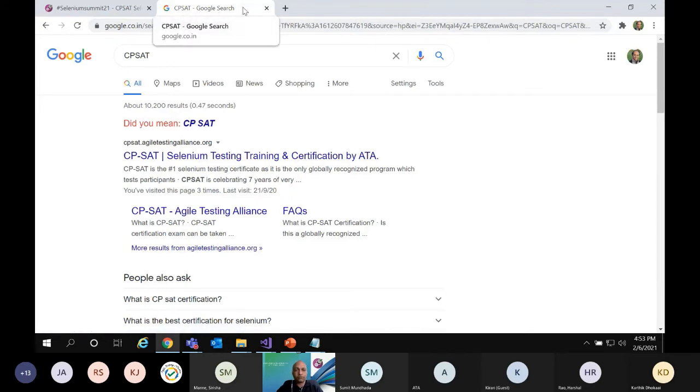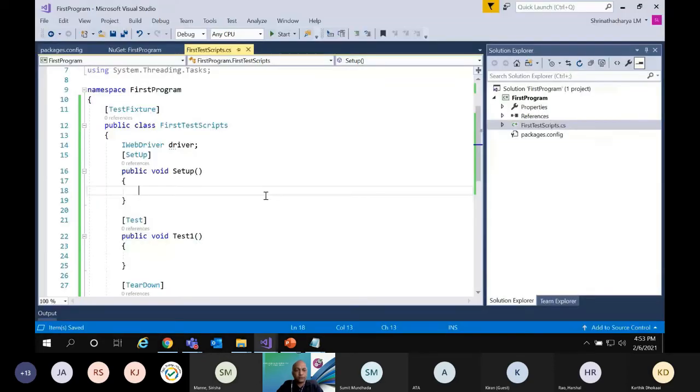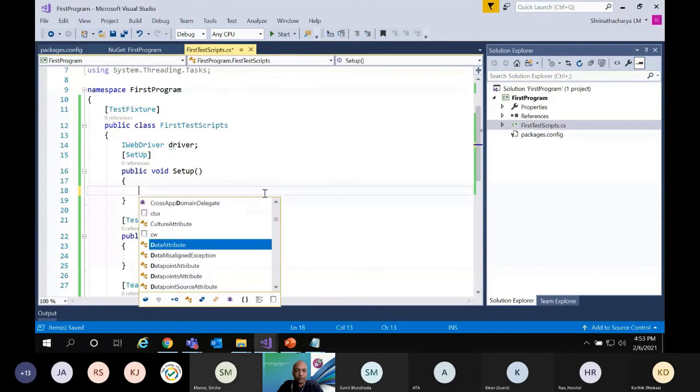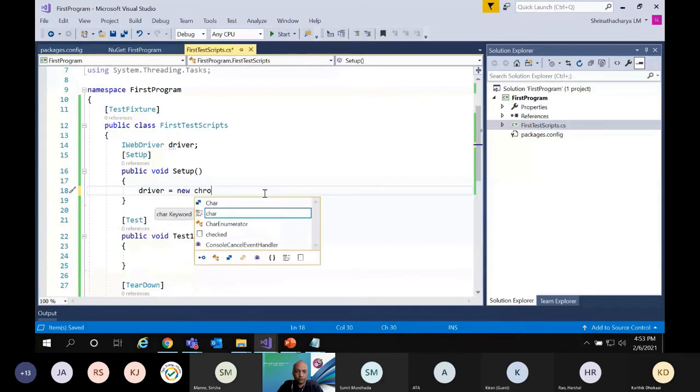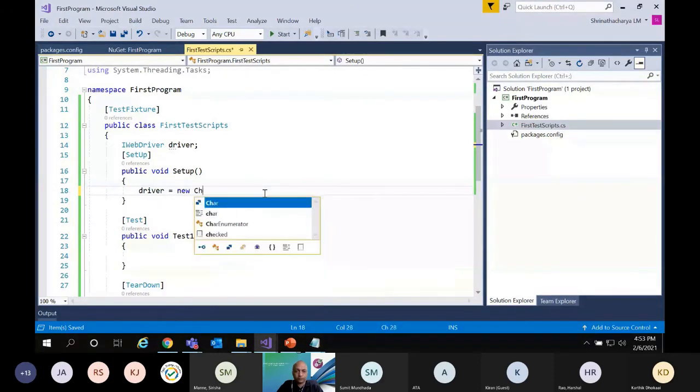Let's automate this and verify the title has come like this. In order to open, I'm going to do driver is equal to new ChromeDriver. I'm going to do the experiment on the Chrome driver.